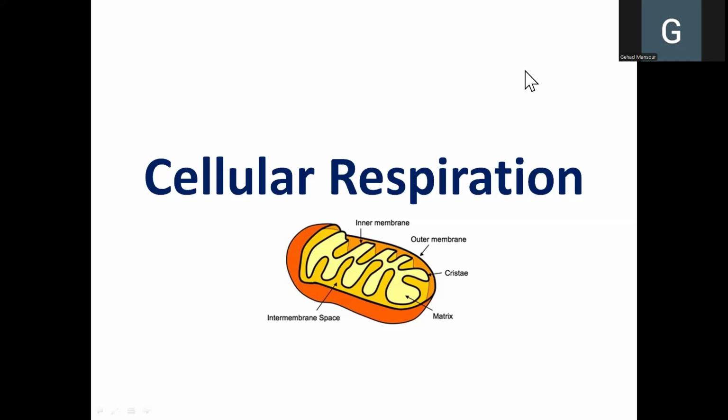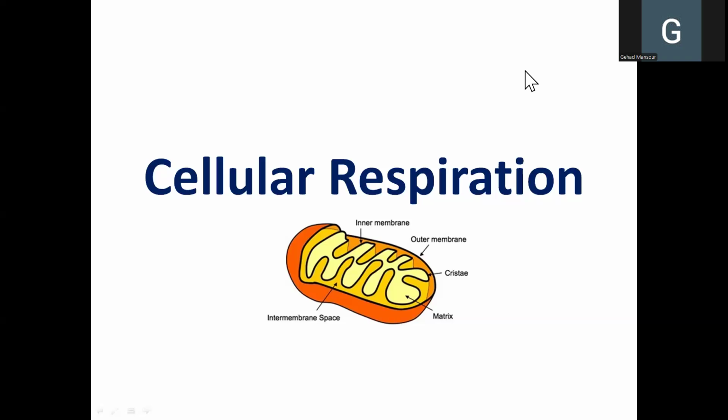And we call it cellular respiration because it occurs inside the cell. It's worth noting that cellular respiration is a purely biochemical process, and it is totally different from breathing, which is a mechanical, muscular, and skeletal process to inhale air in and